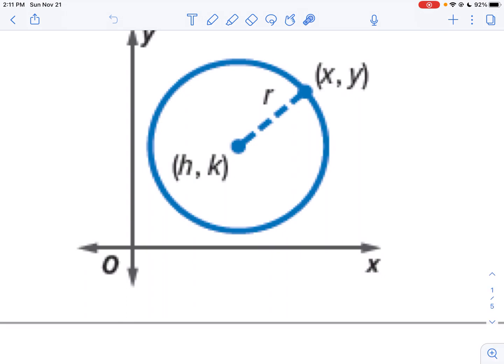So when I define a circle, it's the set of points that are always the same distance from our center point. In this case, my center point is (h, k). So this is just based on your distance formula. Remember, distance,